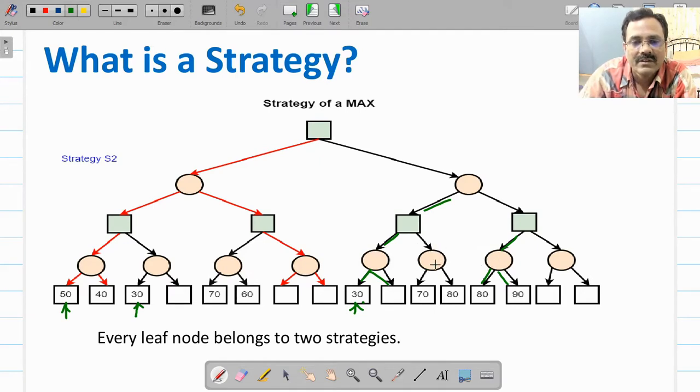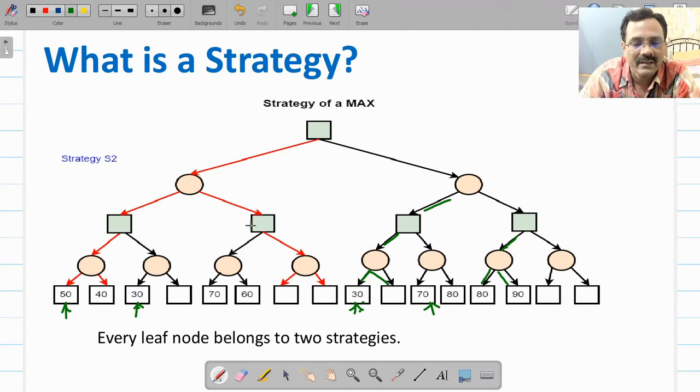For this particular option, this one will be the 7th strategy, this one will be the 8th strategy, so here you will be selecting 70. So these 4 nodes, 50, 30, 30 and 70, now they are representing all 8 strategies